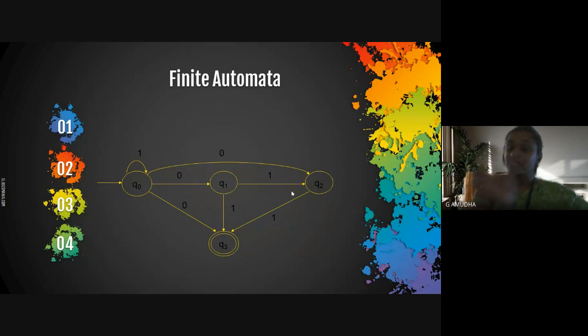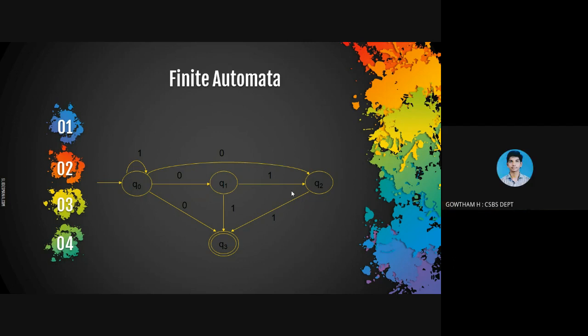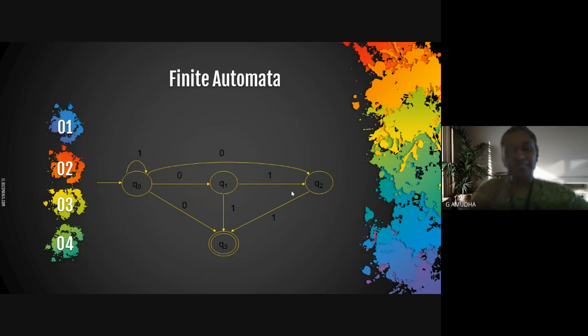Can you just tell me what is finite automata? Automata reads some characters and moves from one state to the other state. Can you just tell me what is meant by finite? Can anyone of you tell what is finite? Countable, ma'am. Yes. Whereas finite automata states that your number of states is of finite count. That is, the number of states in that automata design is going to be limited, and it is going to be a countable one. That is termed as finite automata.